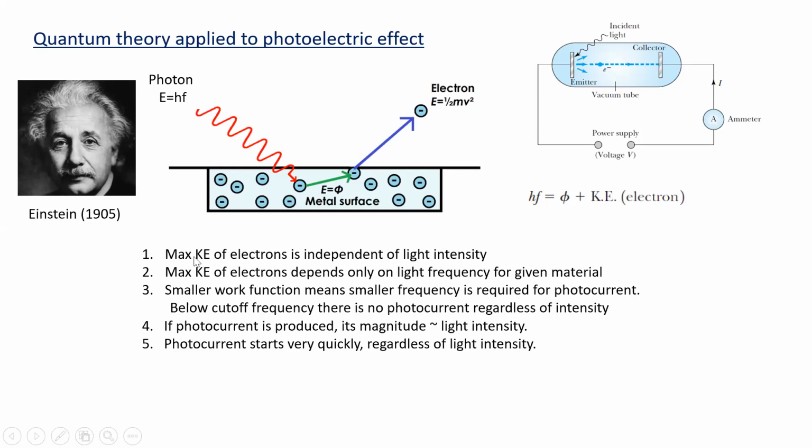The max kinetic energy of electrons is independent of light intensity. Does that make sense in this theory? Well, in this theory, light intensity just would correspond, since light energy comes in packets, to more and more packets, each of which has the same energy. So you have a lot of these photon packets coming in, but they interact on a one-to-one basis with these